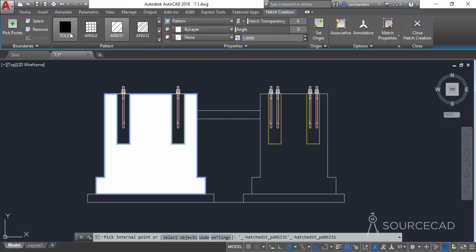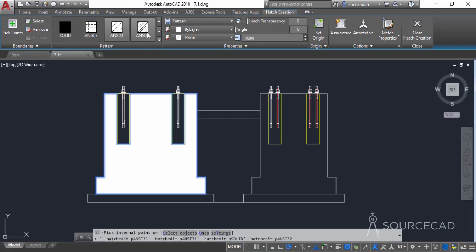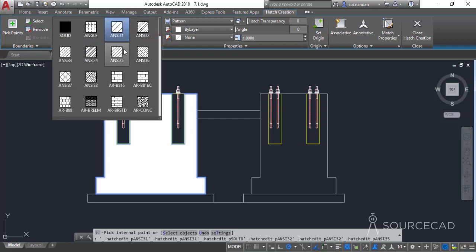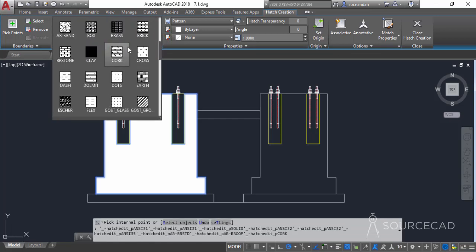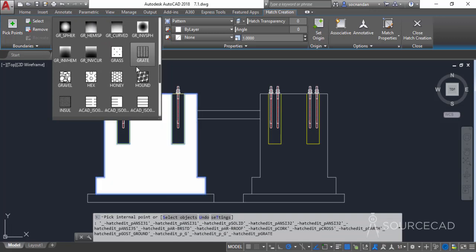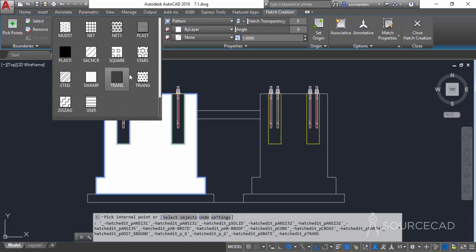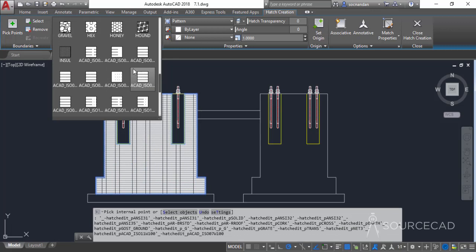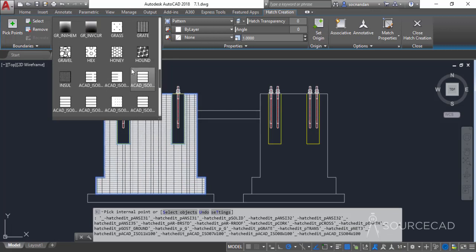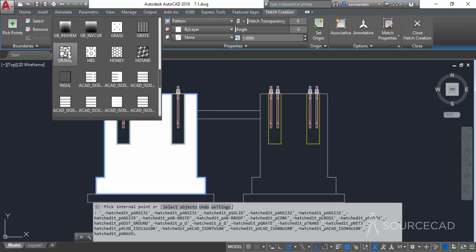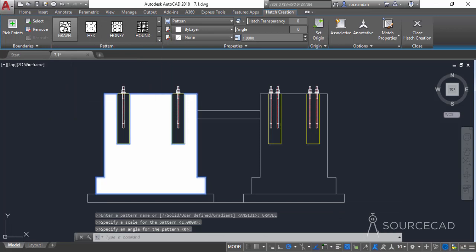We currently see this solid, angle, NC31 and NC32 patterns, but there are a lot more patterns available in this hatch tool. So let's click on this small arrow right beside this pattern panel, and it will show all the remaining patterns which are available here. You can select any of these patterns from this list, and you can even create your own pattern if you want. I'll select this gravel pattern for this case,